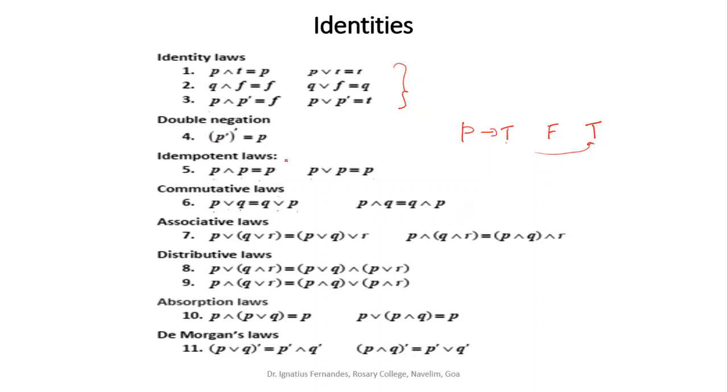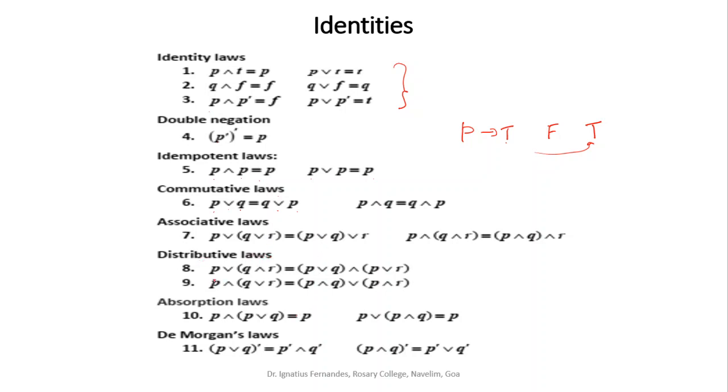This OR is like your addition and AND is like your multiplication. So exactly the similar rules that you see in algebra. Then the associative law: it doesn't depend on how you add three numbers, the answer will be the same. I have (P or Q) or R is the same as P or (Q or R), the associative law. The same rules, the same laws we also have in number theory.